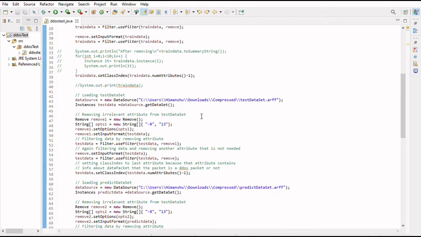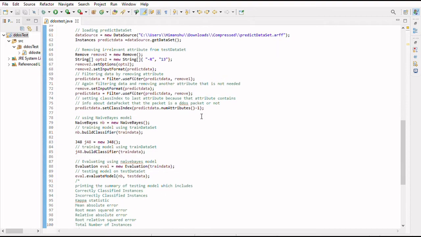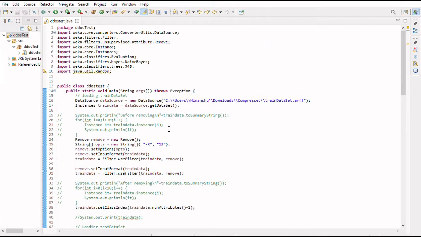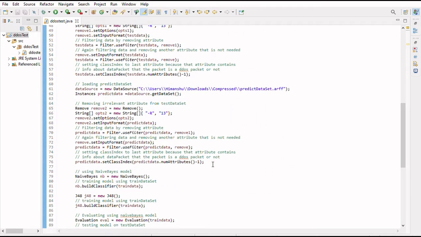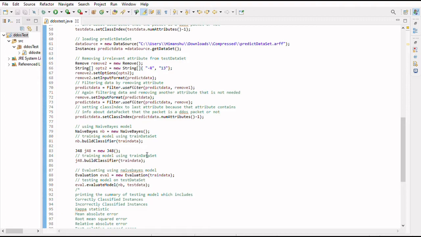Now we train our model using the buildClassifier method of the NaiveBayes class. Similarly, we create an object of the J48 class, which is defined in the weka.classifiers.trees package, and similarly we train the J48 model using the buildClassifier method.